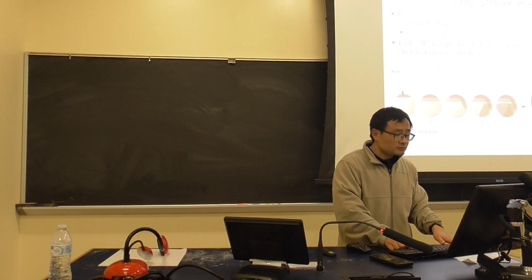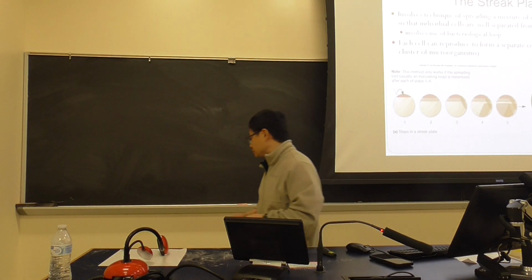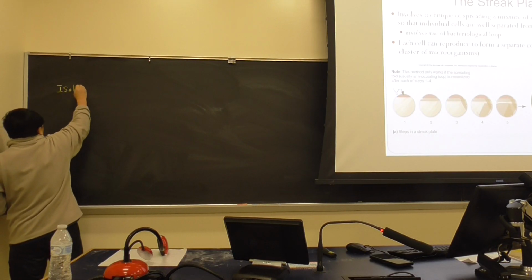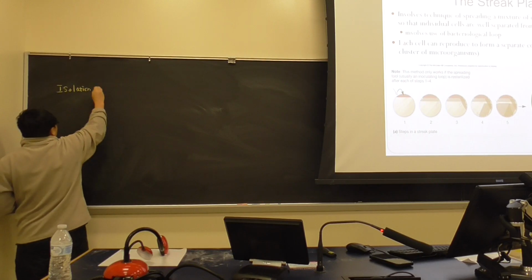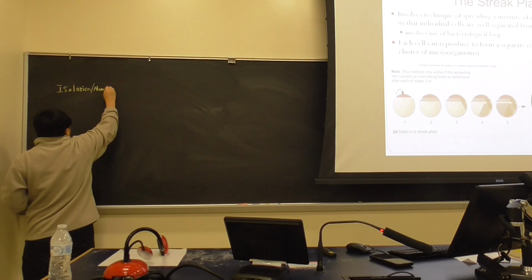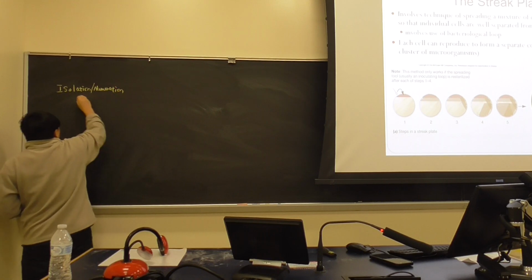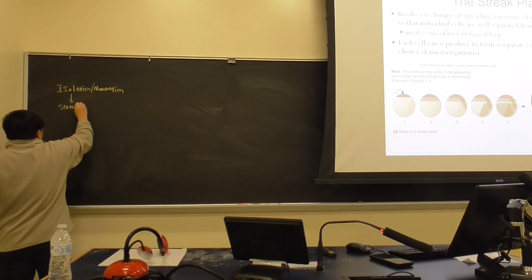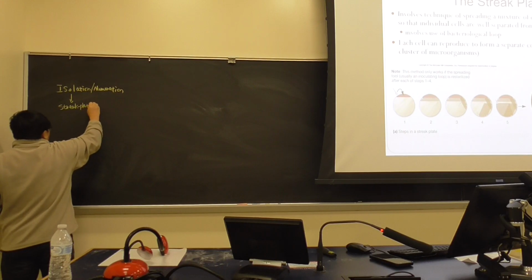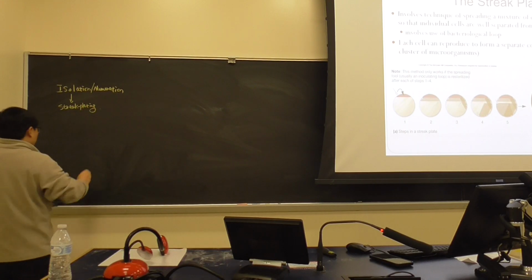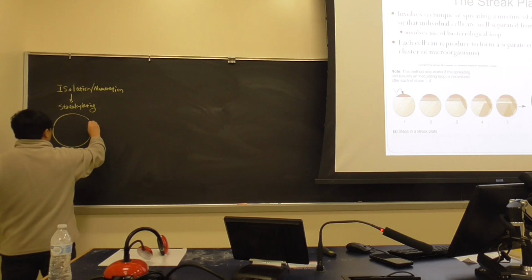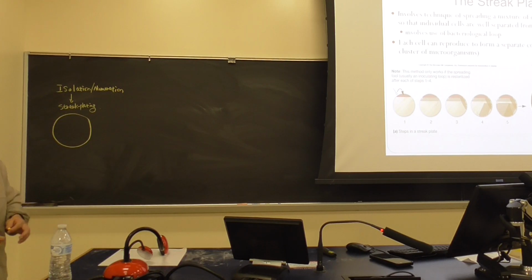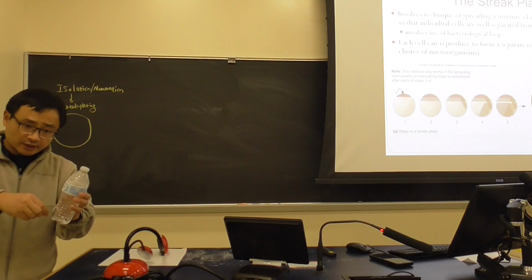Okay, now let's talk about several other techniques. The first one we want to talk about is isolation and enumeration. Isolation, what we do is called streak plating. So what is streak plating? We mentioned that we want to get a single colony. So what do we do? We use a loop to touch the bacteria. Let's say there's a bacteria. We use a loop, go inside, take it out,